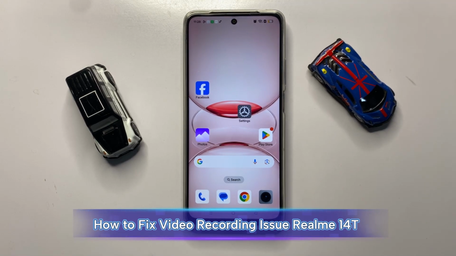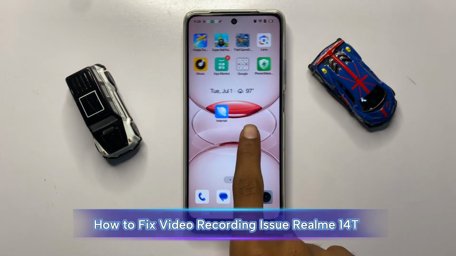How to fix video recording not working in Realme 14T. So let's start the video. First of all,